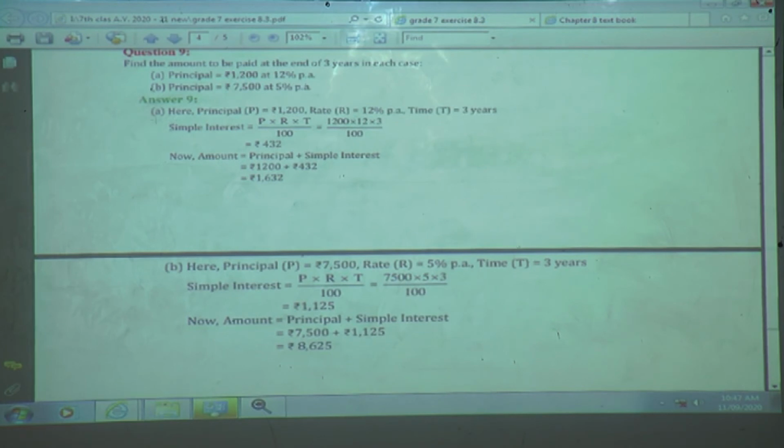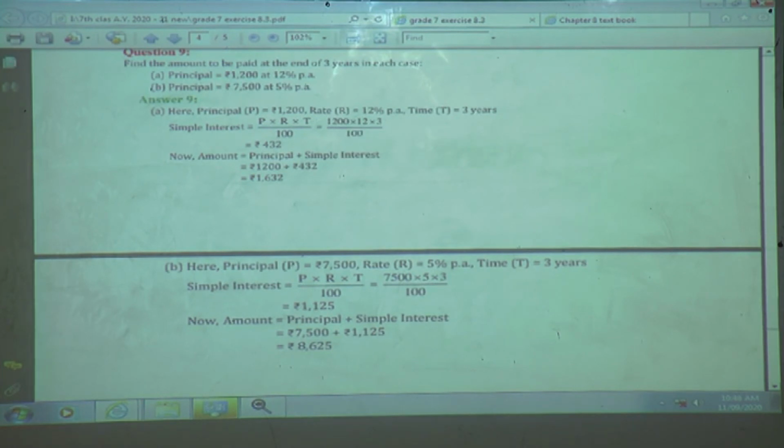Here we will go for the first situation. Here the principal P is equal to 1200. Here R is given, 12%, and the time period is given as 3 years, which is common, given in the first statement. So you know simple interest, we denote it by I. I is equal to PRT upon 100. Substitute the values you have got here. Principal, that is 1200, multiplied by rate of interest 12%, multiplied by time period 3 years, upon 100. The zeros get cancelled here.